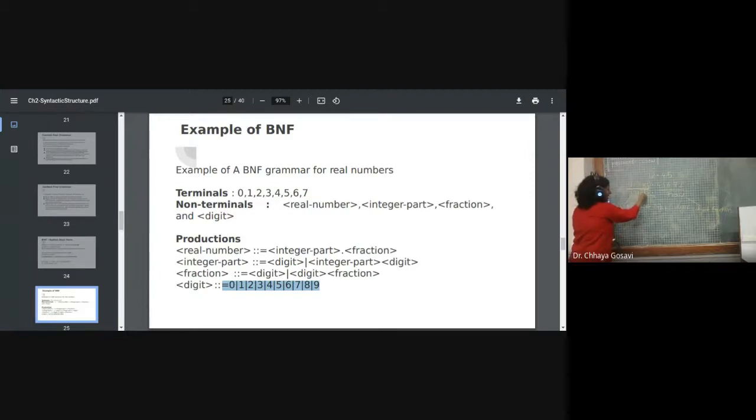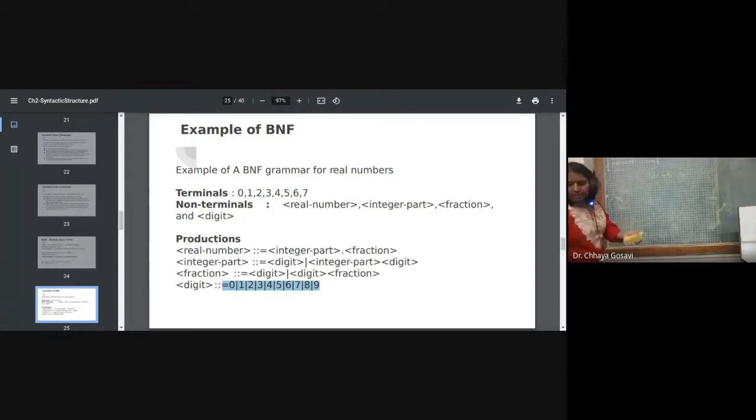Now again this part is digit and this part is integer. At the end you can replace whatever the digit one with digit. And in this case this is a fraction, digit followed by fraction. Again this digit followed by fraction and this fraction can be followed by digit. So don't get confused. I'll write the actual grammar here.